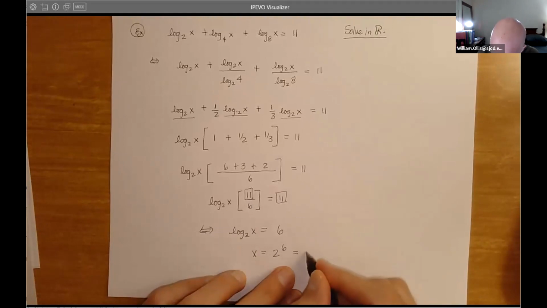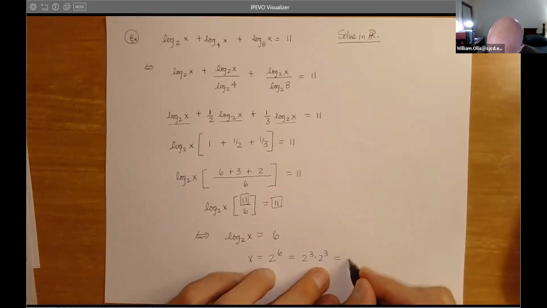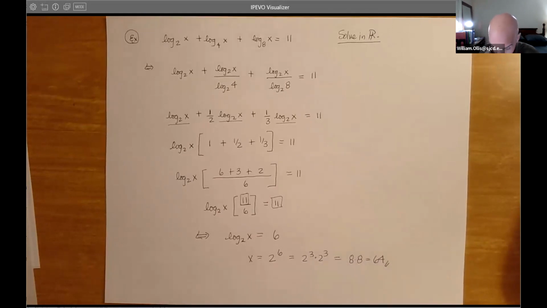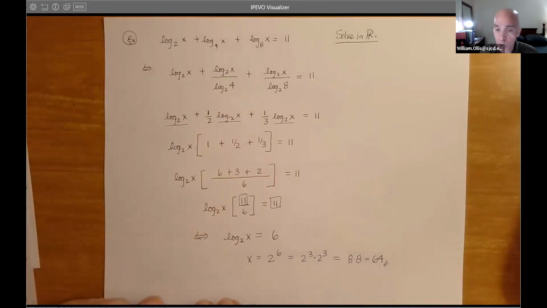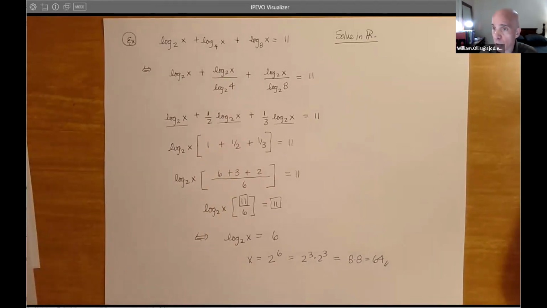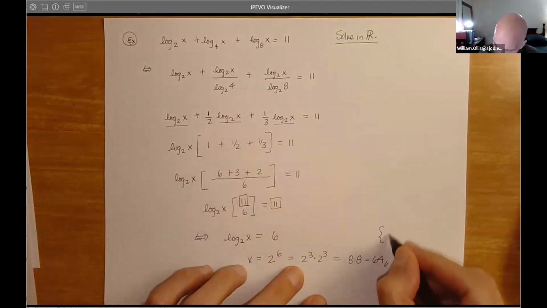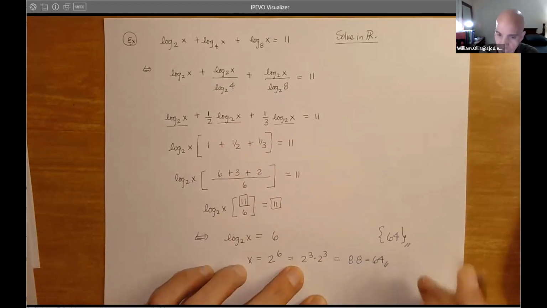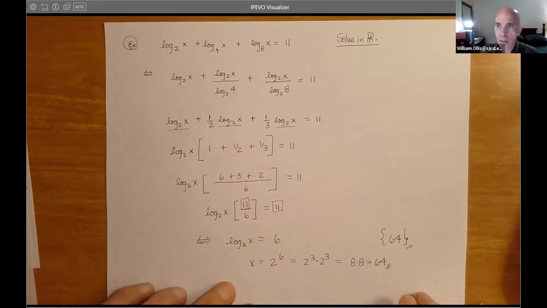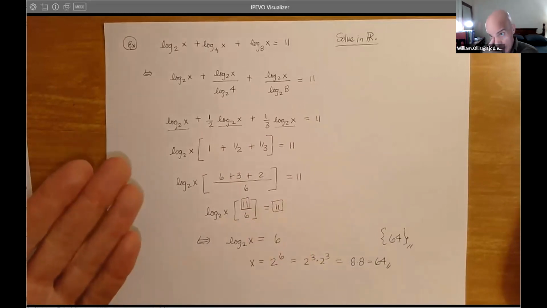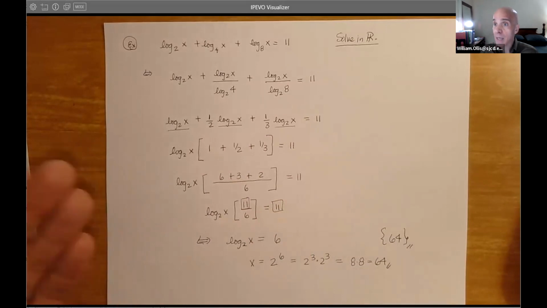But that's just what? 2 to the 3rd times 2 to the third, which is 8 times 8, which is 64. Now, of course, that makes sense here. And surely if you had looked at this problem long enough, you'd like, I figured it out, Professor Ron, that's fine. But this shows you now that when it comes to doing logarithmic or exponential equations, you simply apply identities